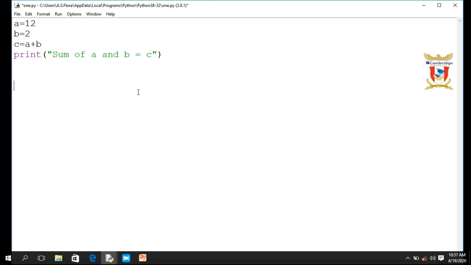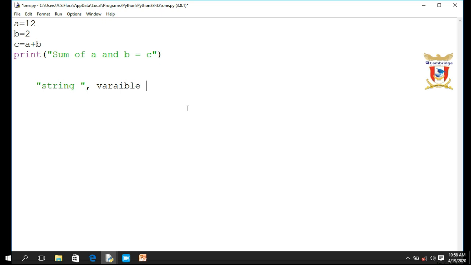So how can we perform concatenation? First of all, let me give you a syntax example. To perform concatenation, first you write some string, then close the double quote, then a comma, then the variable.